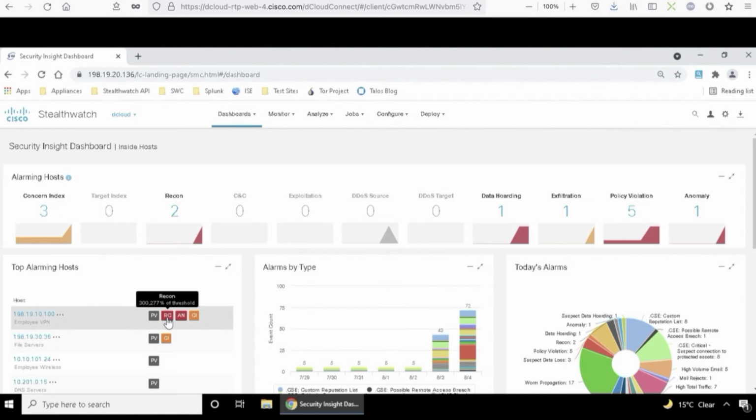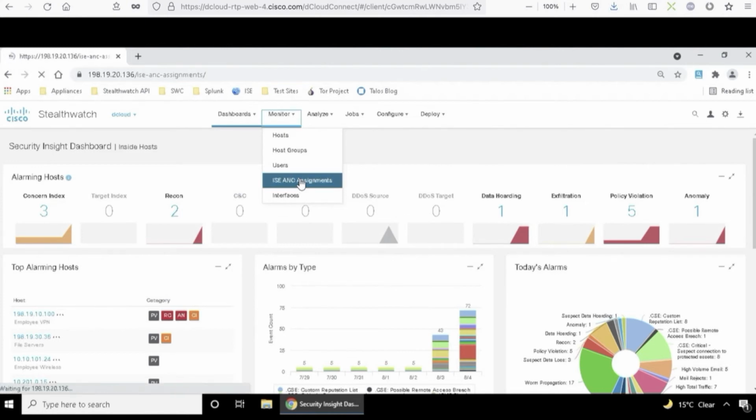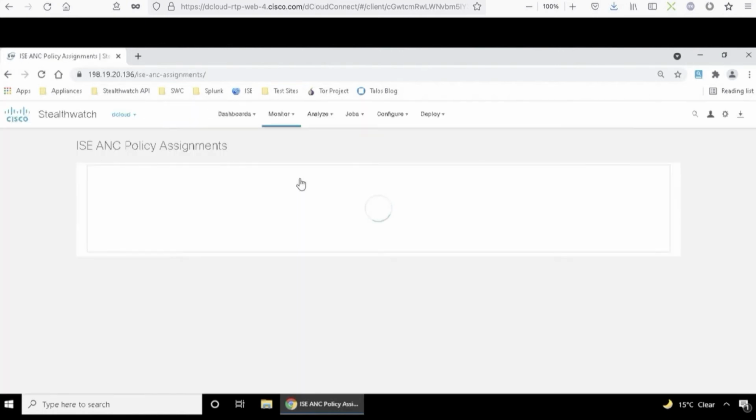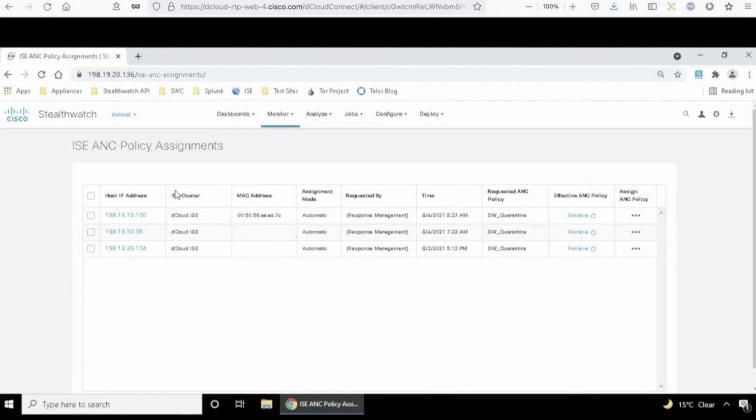So what we could do in one particular use case is actually click on that host and manually quarantine it if we wanted to. But in this particular case, there was no need to do that, as we've got it auto-configured to do that. So if we go to the Monitor tab and go to ISE ANC assignments, what we'll see listed in here is actually the IP address of our remote host. And you can see it's got the MAC address, automatic enforcement,